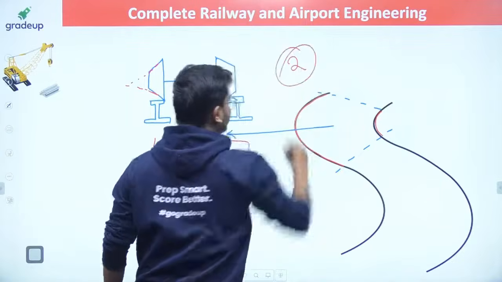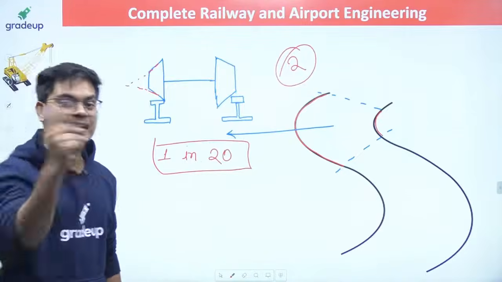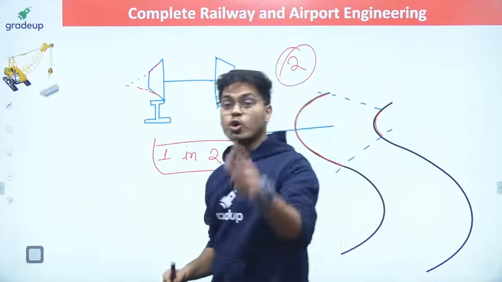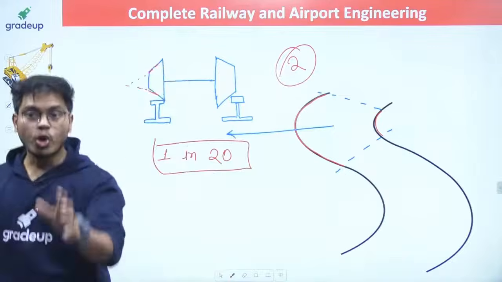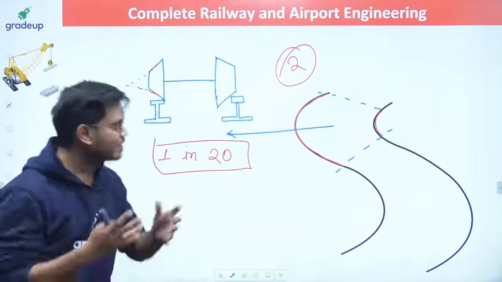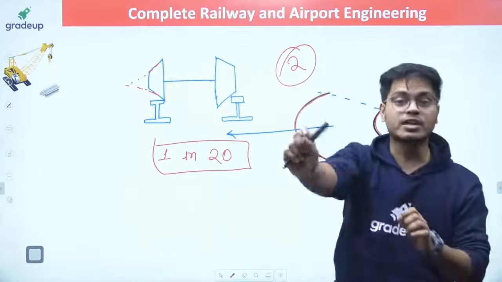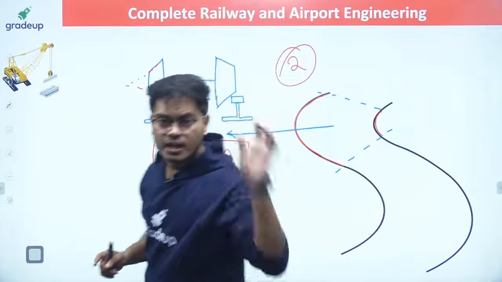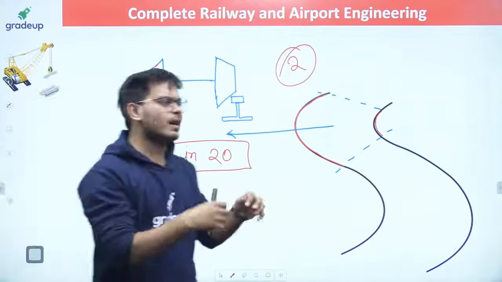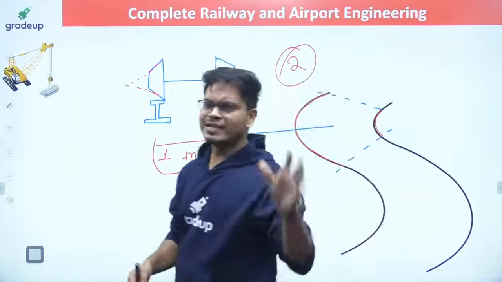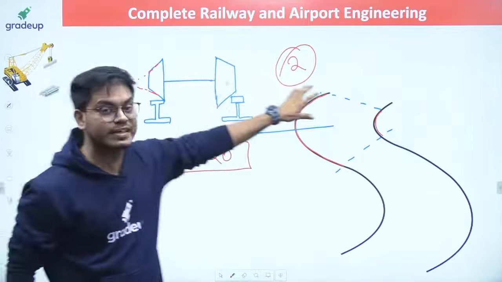Till this time, we have covered a total of 2 marks which can be asked in your GATE examination from railway and airport engineering. Those who have joined late, let me tell you, till this point we have covered 2 marks definitely which can come in your GATE examination. None other than this, nothing will come. And obviously the most important part we are going to cover, right? We are not going for ESE or something like that. We are covering for GATE here.